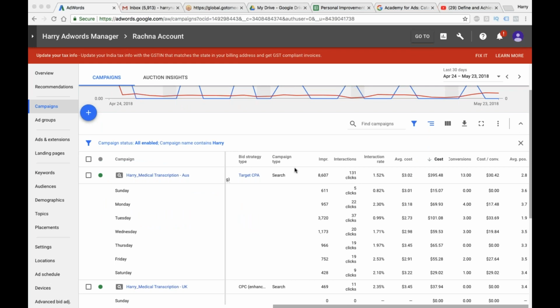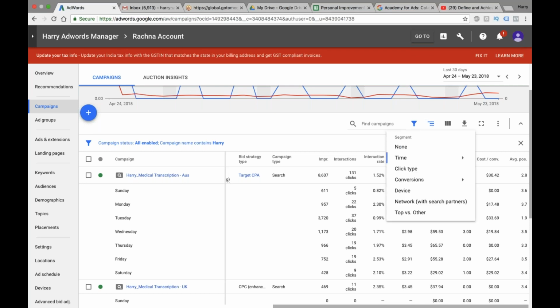So maybe it might be a good idea to not focus on Sundays and Thursdays and actually utilize the budget that is spent on Sunday and Thursday and shift it to the rest of the days. That would ensure that I get more conversions for my money, right? So that could be one way in which I could optimize my campaign by segmenting my data and having a look at that report. Okay, so that is about segmentation. Then